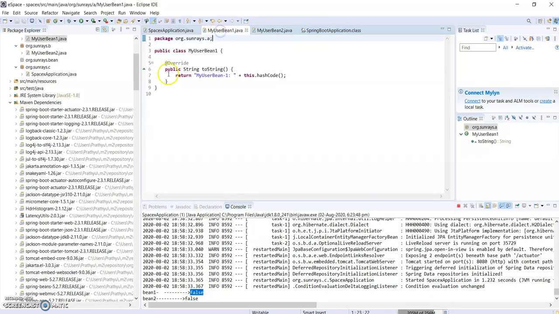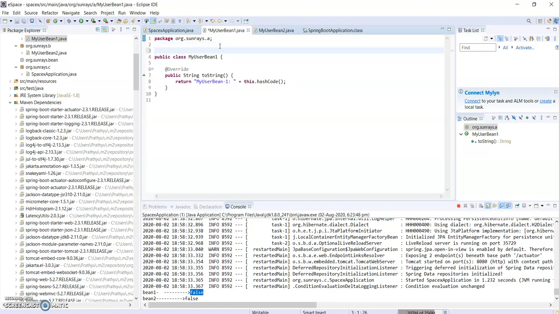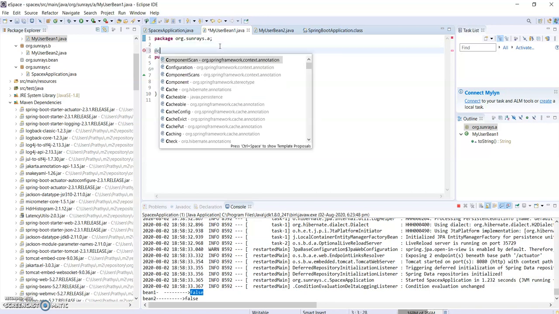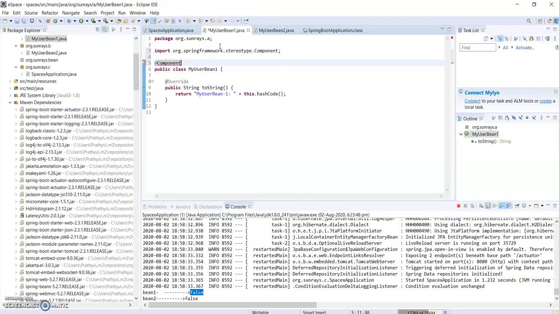The reason is bean1 is a simple Java class. It is not annotated with @Component or more specific annotations like @Service or @Controller. So this class is not eligible as of now to get registered with the application context. To get these classes recognized and scanned, we need to mark the class as a Spring component class, and we can provide some name.